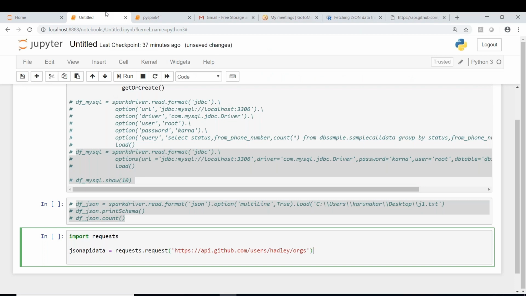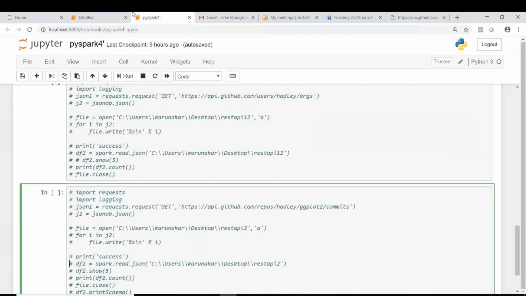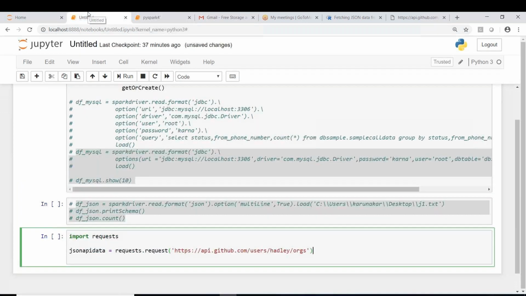We are trying to read the data from this REST API. Is the syntax correct? Yeah, we have to use get. What type of request are we making? We are trying to make a get request here. We need to pass the URL, guys. Got it? So requests dot get and the URL.